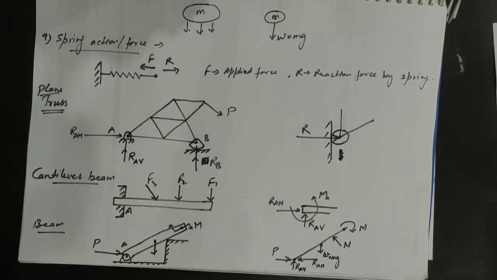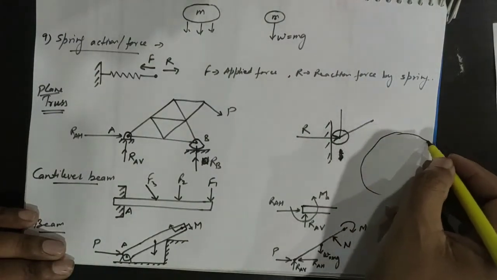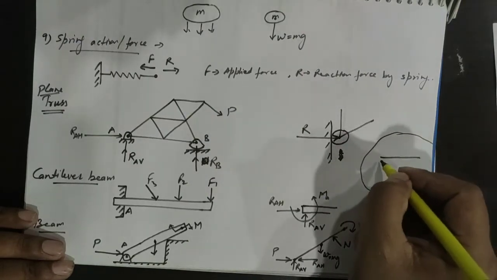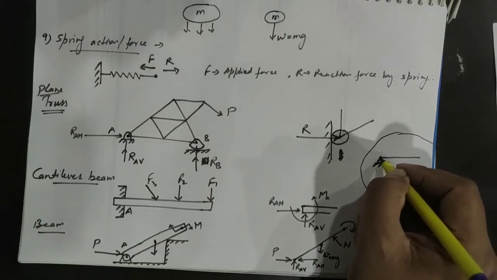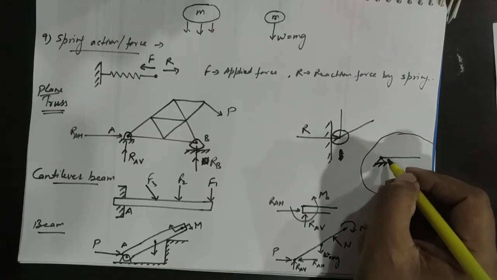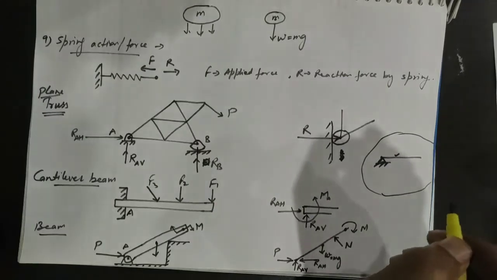Okay. These are simple problems with different supports, on which we can apply different kinds of forces, and we can observe what kind of support is there. With simply supported, one more important thing: sometimes we say simple support. What is simple support? It is nothing but just resting the beam on that support. That is called simple support.